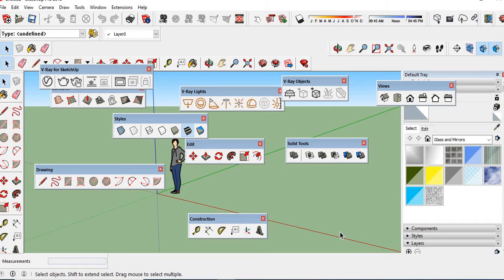Today we are going to discuss some basic concepts about Google SketchUp. Google SketchUp is a 3D modeling software. It is developed by the Trimble company in the year 2000. It is a 3D modeling computer programming software. It is used for a wide range